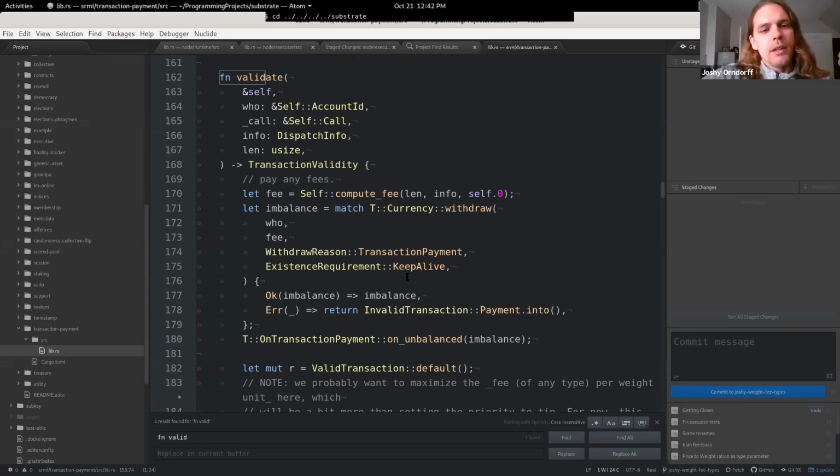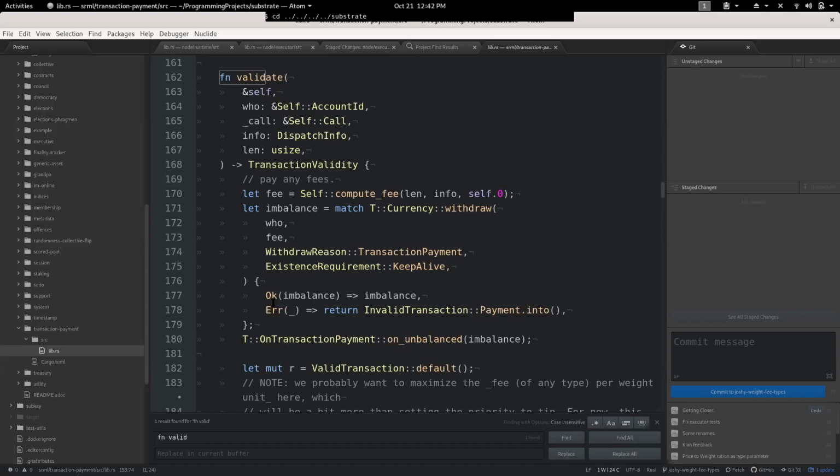Question. I'm not sure why we are going to get an imbalance here. That's what I wasn't really clear on, because you're taking something out of a user's account, right? I just assumed it was going to a validator or... Well, it will. So later it will, right? But right now